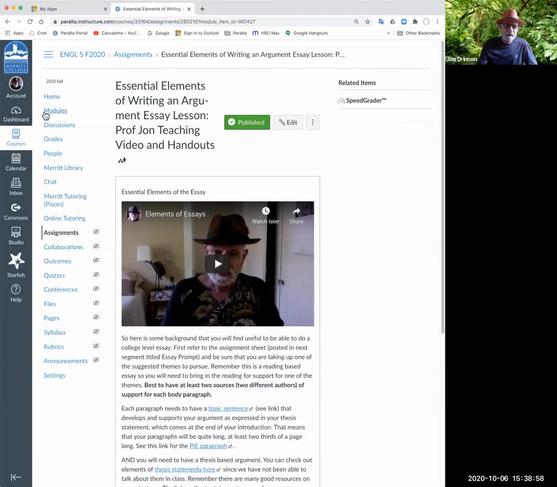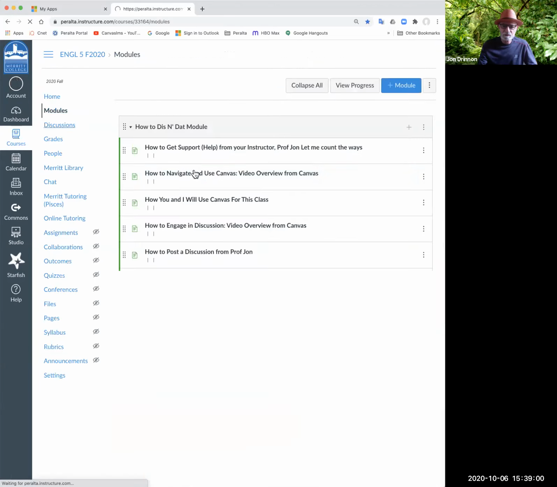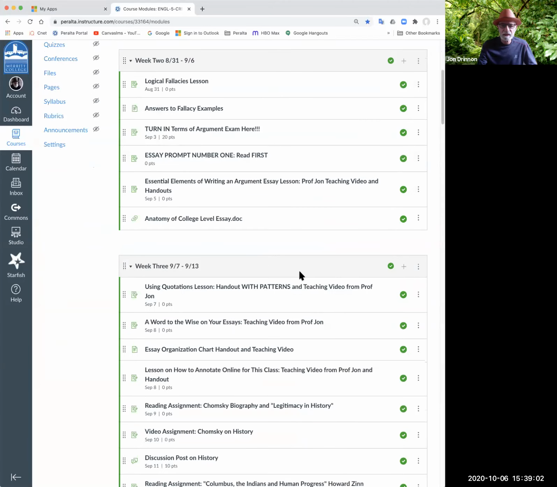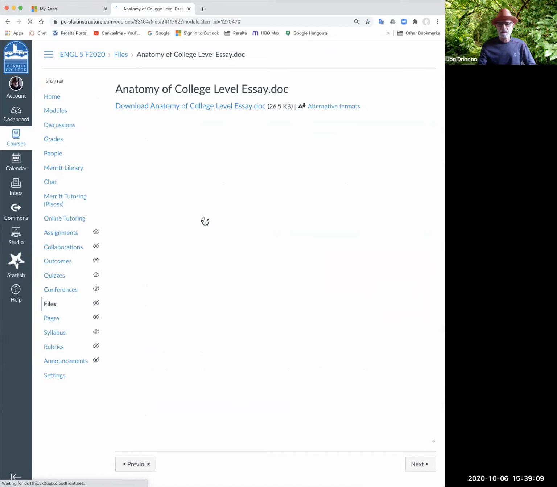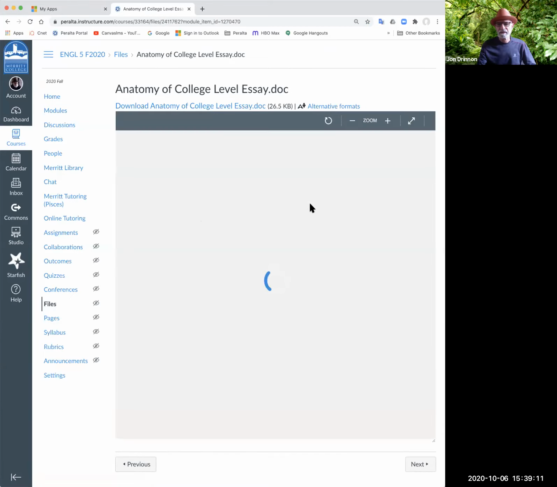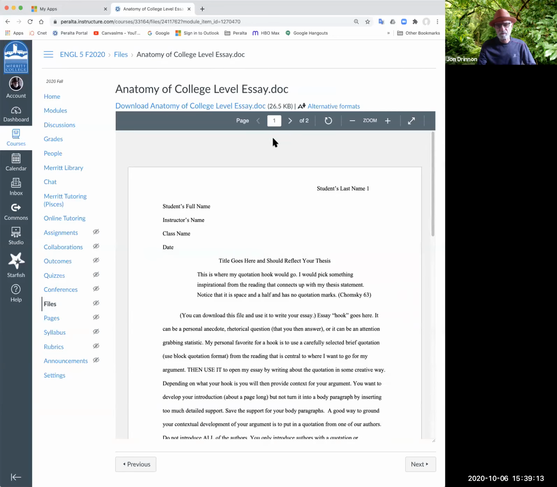Okay, so go back to the modules. And the next element is the anatomy of a college level essay. This is a helpful document because it's really a download, and that's why I put download on it. So you can actually download this to your computer and it's got the formatting on it for MLA format.